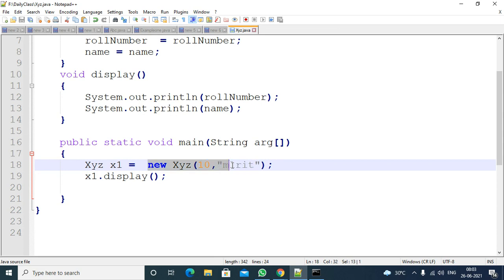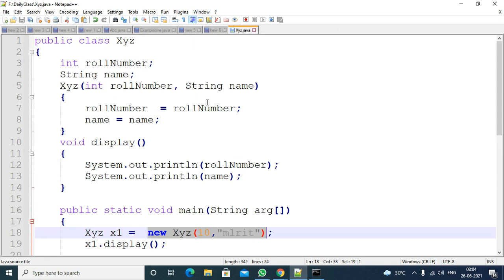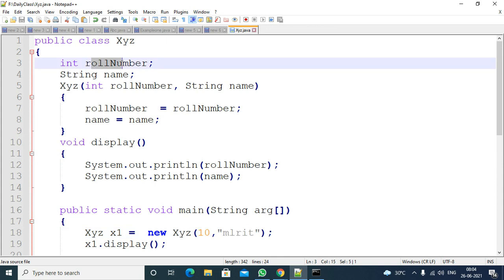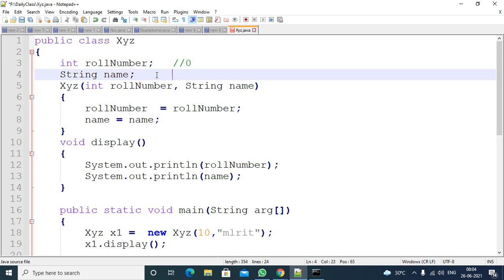Whenever you create the object, at that time the constructor has to be called and executed. Whenever you create the object, instance members are identified and assigned the default values. For roll number you don't have any value, so the default value will be 0, assigned by the JVM at the time of object creation.